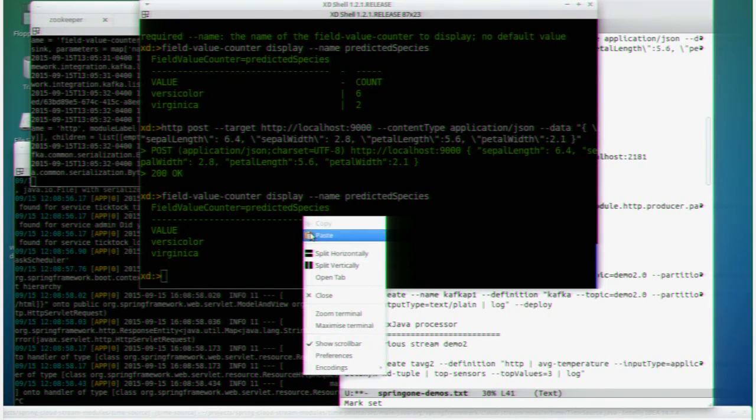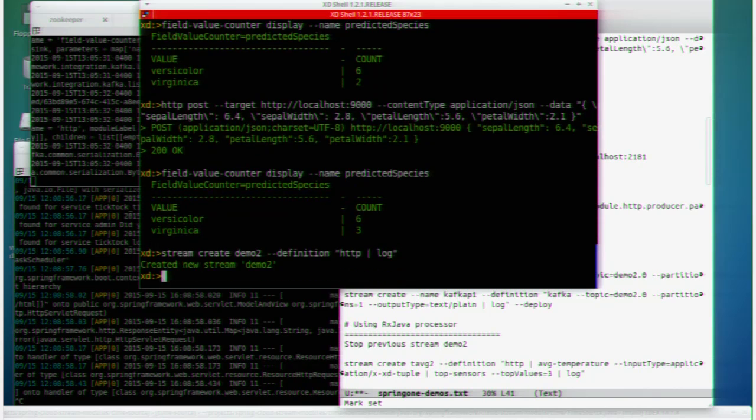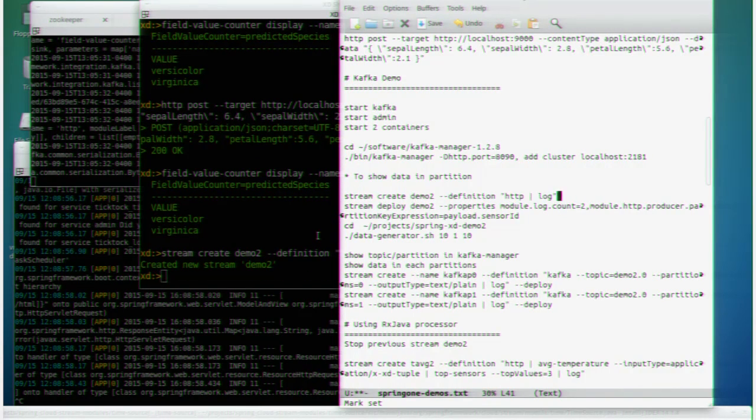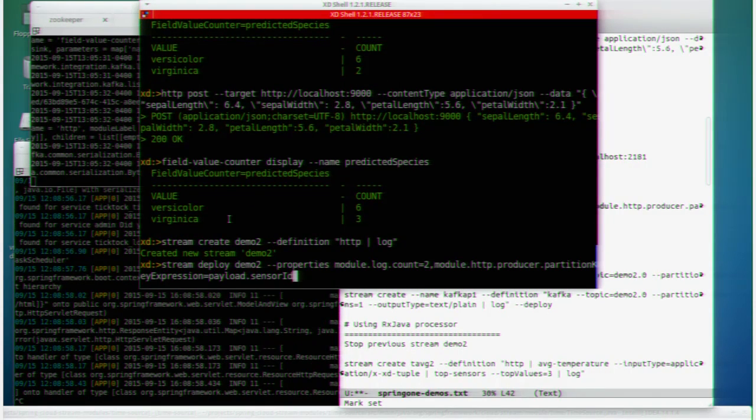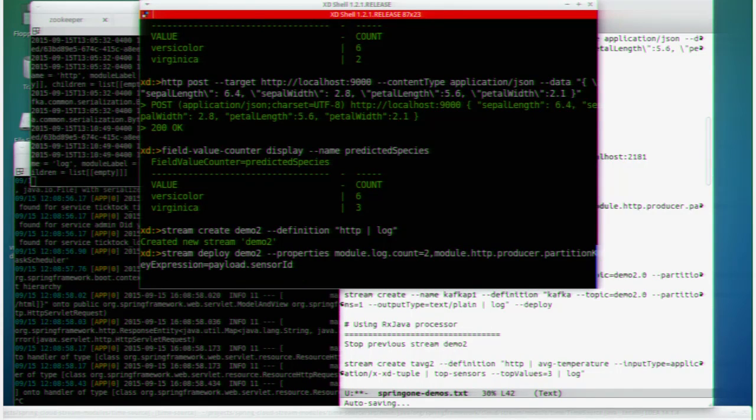So here I'm just going to create an HTTP log stream and deploy 2 of the log modules. What I'm doing here is saying that when it's going from the HTTP source to the log sink, that pipe is really a topic, right? And I get to now decide what the partition key is, namely what in the data is going to be used to determine whether it goes to one partition or another. So if I do this deploy,